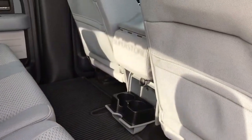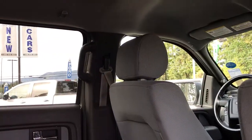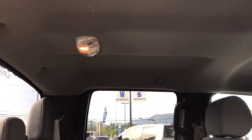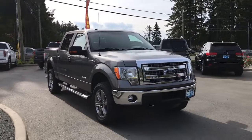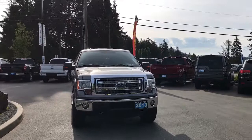Behind the front seats, slim pockets. In the center there, 12-volt outlet and a couple of cup holders. Grab handles in the body to make it easier to get in. And up above, lighting and hooks. Chrome bumper, 5.5-foot box, privacy glass, heated and powered side view mirrors, tow hooks, halogen headlights, and fog lights, and